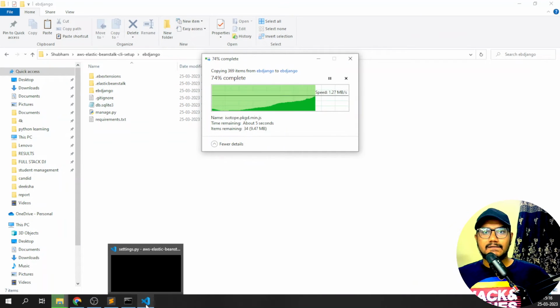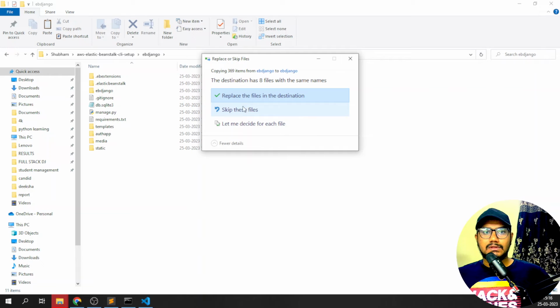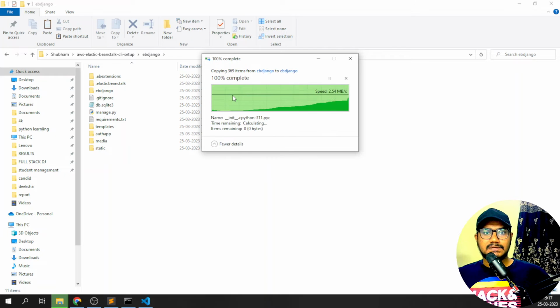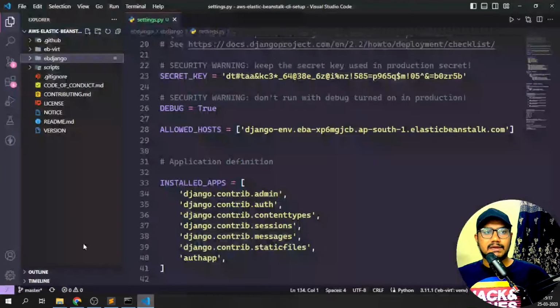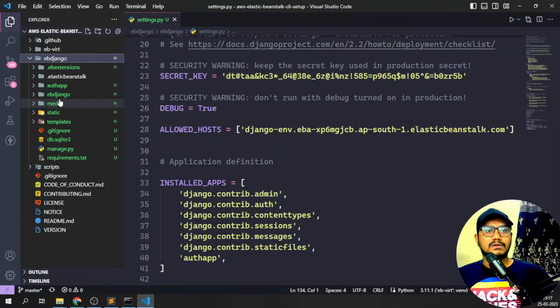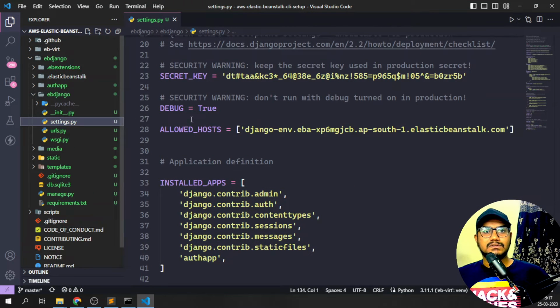Okay, it is asking me to replace the current files in the destination. I'm just going to replace it. So it is replaced now. If I come back here and open the EB Django, and go to the settings here,